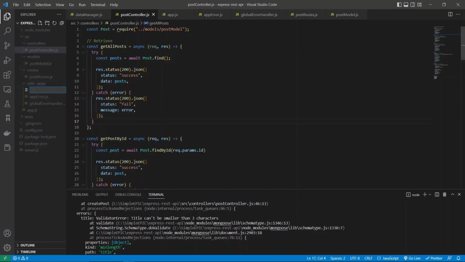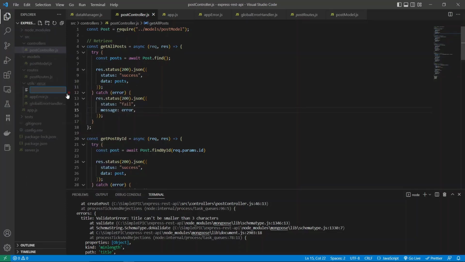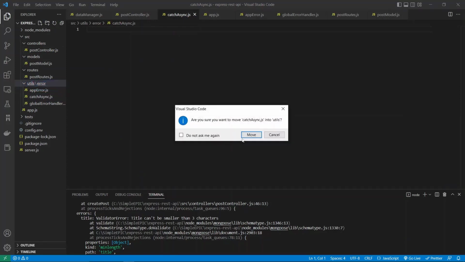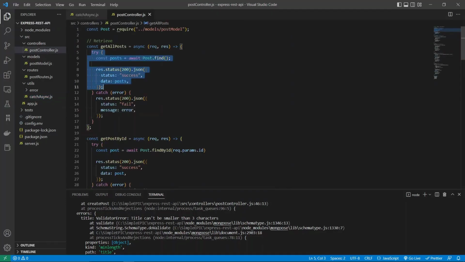So first I will define a generic function to handle this try catch functionality. I will name this, in the utils, catchAsync.js, right? So this shouldn't be in the error section, it should be in the utils section. Catch async. Right, so now if I look into this function,